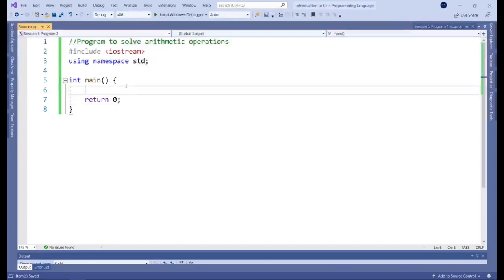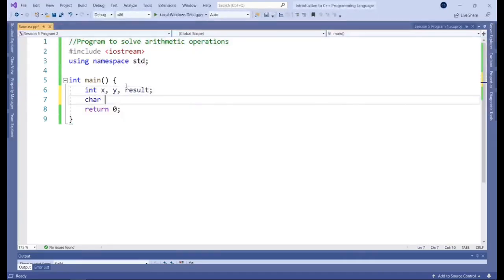And then we start thinking about which variables we need, right? How are we going to store our data? What data are we even interacting with? And I guess you could say we have those integers, so say x for the first one, y for the second one, and then we'll store the result of the calculation separately. Then we have a character for the operator entered, okay?